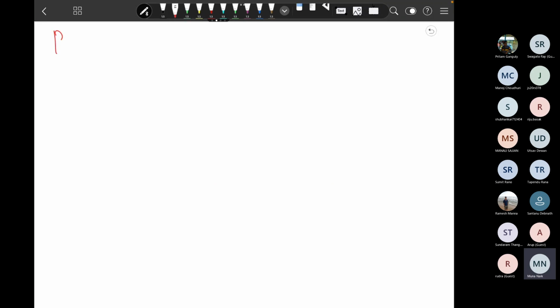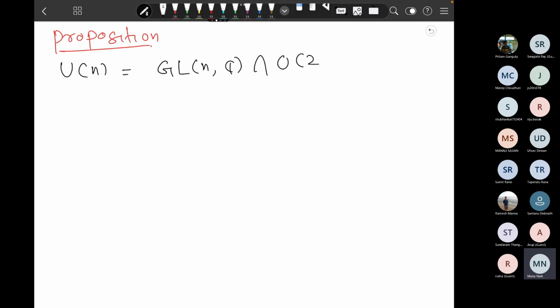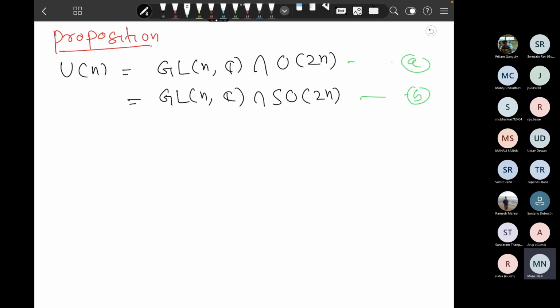So, proposition. First proposition: U(n) is equal to GL(n, C) intersection O(2n), which is equal to GL(n, C) intersection SO(2n). You will see that this proposition itself doesn't make any sense, because U(n) is an n cross n matrix, GL(n, C) is an n cross n matrix, and O(2n) is a 2n cross 2n matrix. But we can give a meaning to it, and the meaning is something like Z of U(n) is equal to Z of GL(n, C)